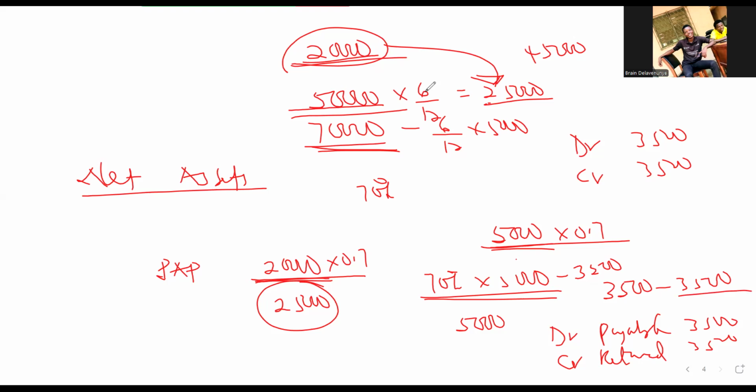The only thing that you are coming to do over here is that the parent will be having receivables of this, the subsidiary will be having payables of 3,500. Go and subtract these figures from their receivables and payables. That will be the intra-group balance.